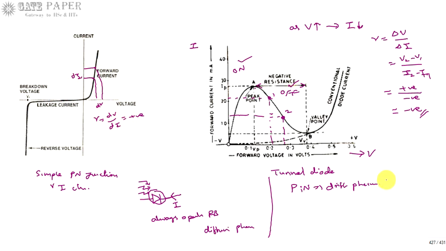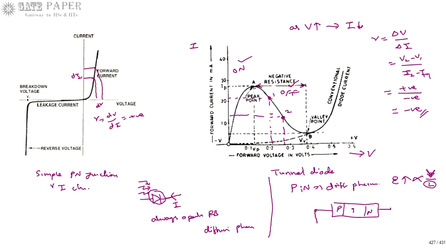But the drift phenomenon requires a very high electric field to get a fast response time. This high electric field can be produced whenever high voltages are present, because electric field is V by L, where L is the distance and V is the voltage across it. Whenever you are going with a pin diode, this is the P type and this is the N type. Internally it has an intrinsic silicon layer. P and N have large conductance, whereas I has low conductivity. Low conductivity is nothing but high resistivity. So the intrinsic layer between the P and N regions has high resistivity.